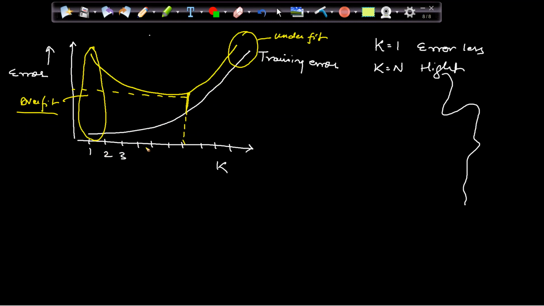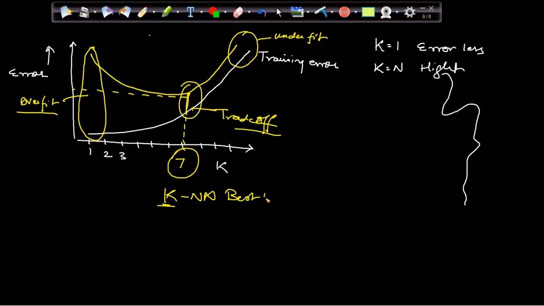Let's assume that 1, 2, 3, 4, 5, 6, 7. 7 is my best nearest neighbor, where my validation error and the training error, you can say it's coming near, and validation error is lowest. At the end, what we are looking for, my validation error should be less. This is my trade-off, right? This is my trade-off, and this is my best K, basically. Best K.